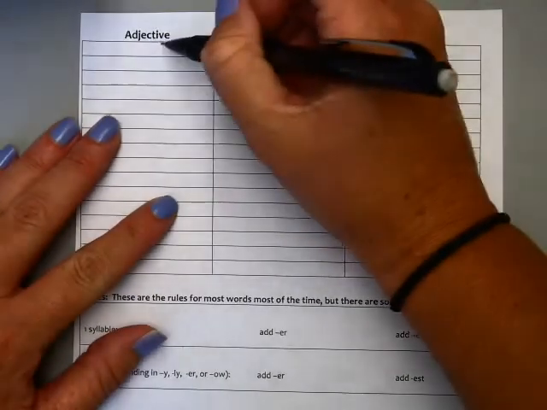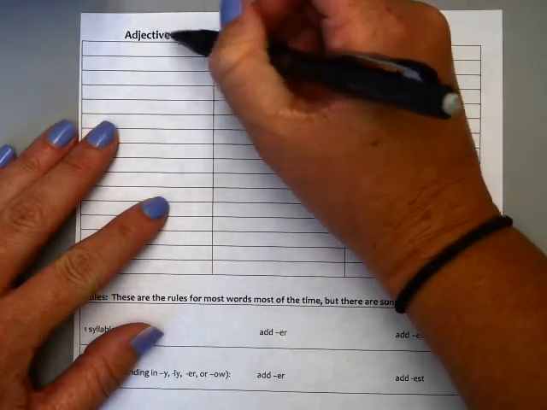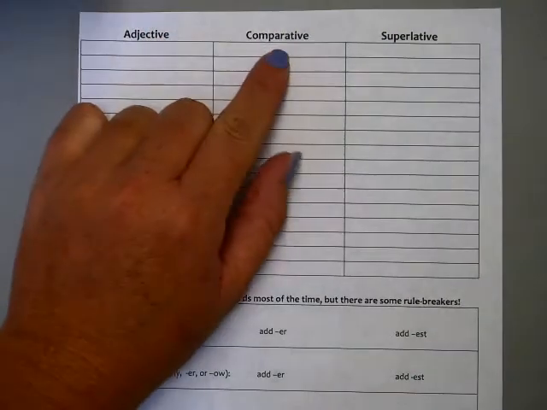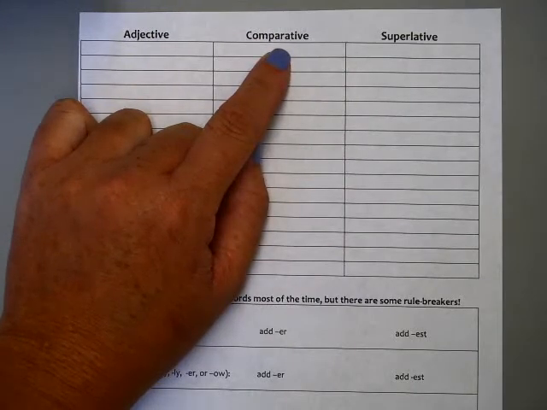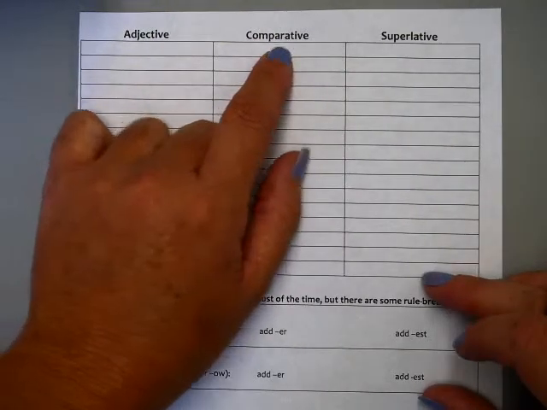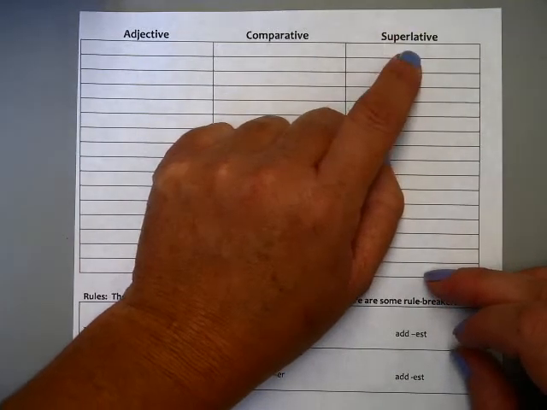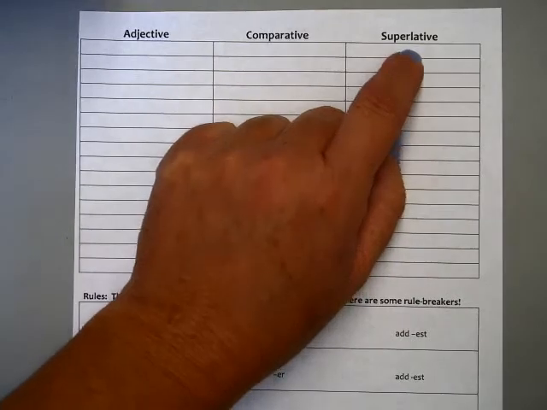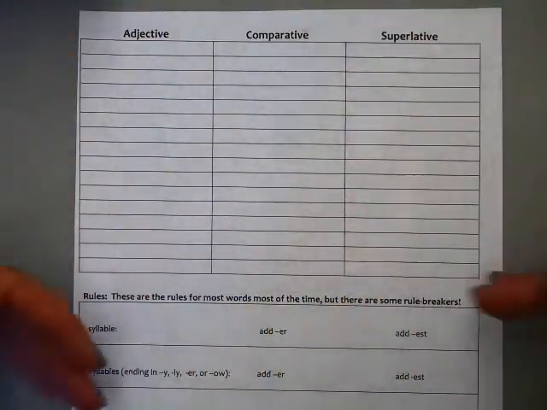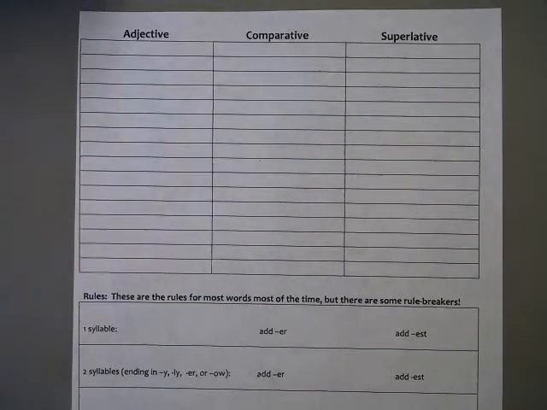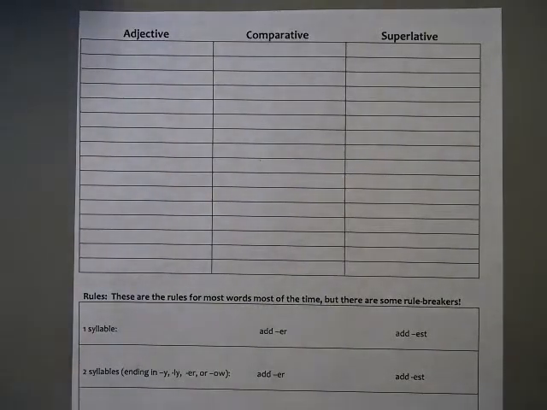So an adjective is just the basic word. This is just basically something that describes a noun or a pronoun. Now, when you start going up a degree, you have your comparative adjectives. And then when you really start comparing, when you have a contest, and this is like the winner of the contest, you have a superlative adjective. And so what I'm going to do is list some of these here, and you're just going to follow along with me. And we're going to talk about how we make them comparative and how we make them superlative. So we'll just start with adjectives that are 1 syllable first,